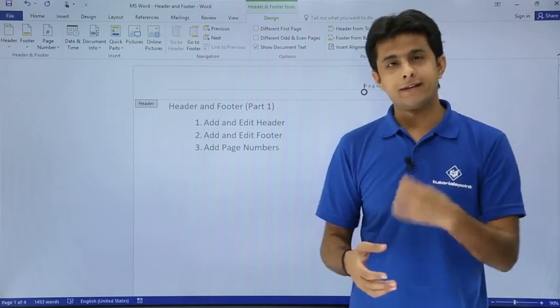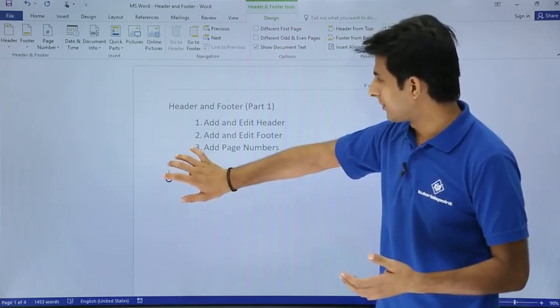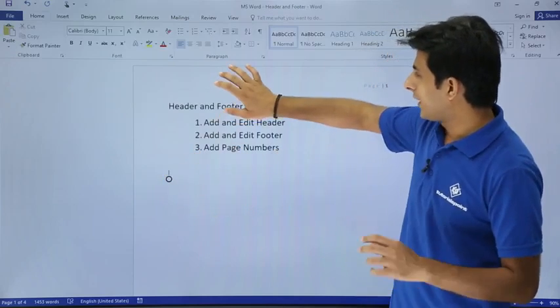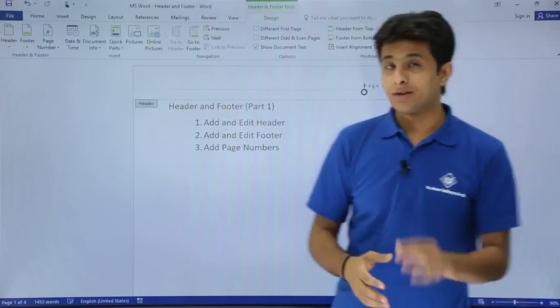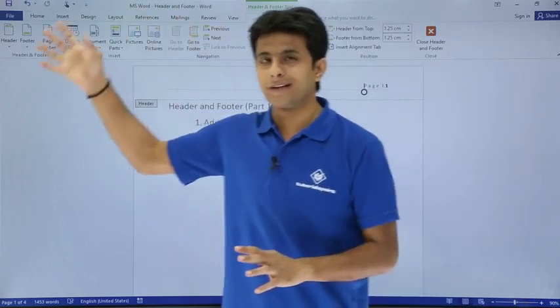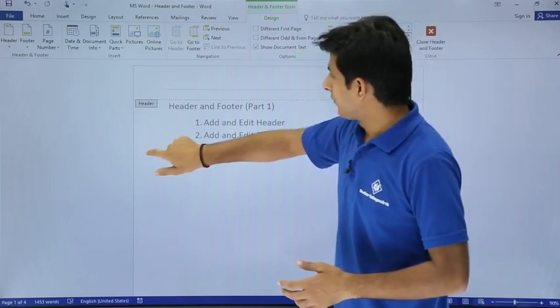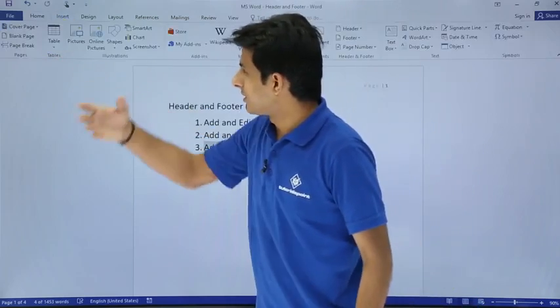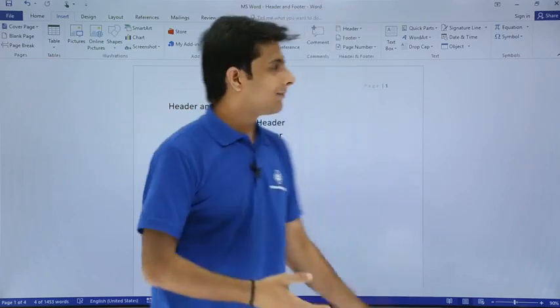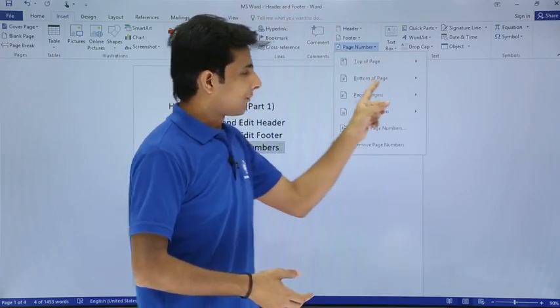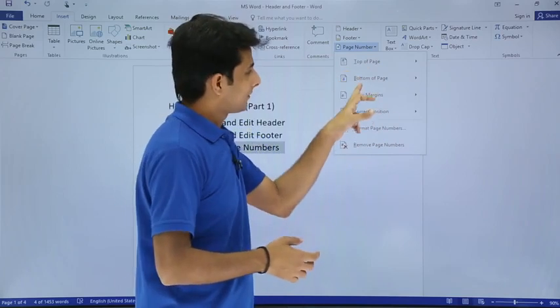Same like you do for headers and footers, you can also edit. So I'll just double click, it will go away. If you want to edit, you just double click on this place, it will come back. That is the shortcut method; the long way is to go to the tabs and click on this place. So that's it. And there's one more. If you want to change the position of that page number, you can go to the Insert tab, Page Number, select Bottom of the Page, or else it's similar.